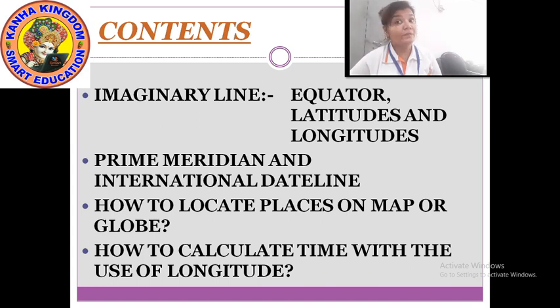More, how would we locate places? You must have seen the places on a globe or on a map. But how would you know the distance, or you can say how would you locate a place on a globe or on a map? Then, grid. What is a grid? How is a grid formed? And what is the use of that grid? We would learn in this section. I'll also show you some clips related with all the contents so that it would be easy for you to understand.